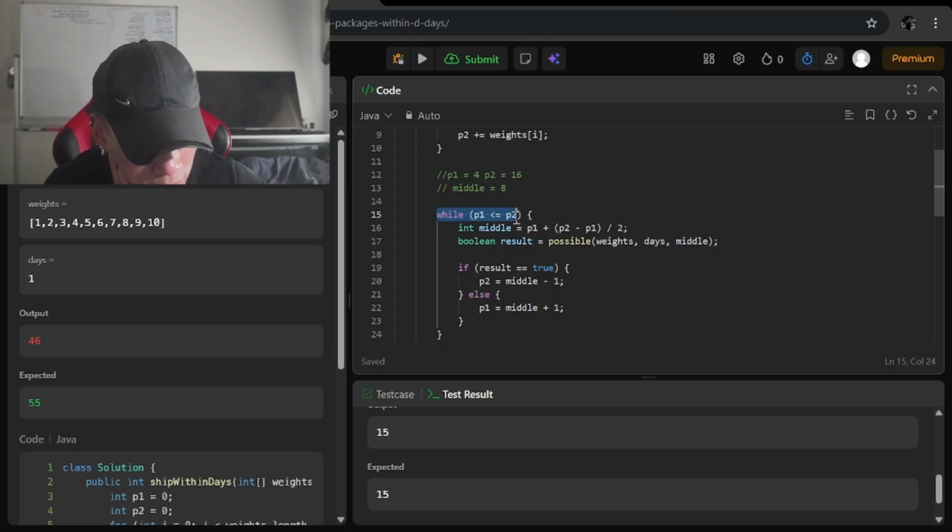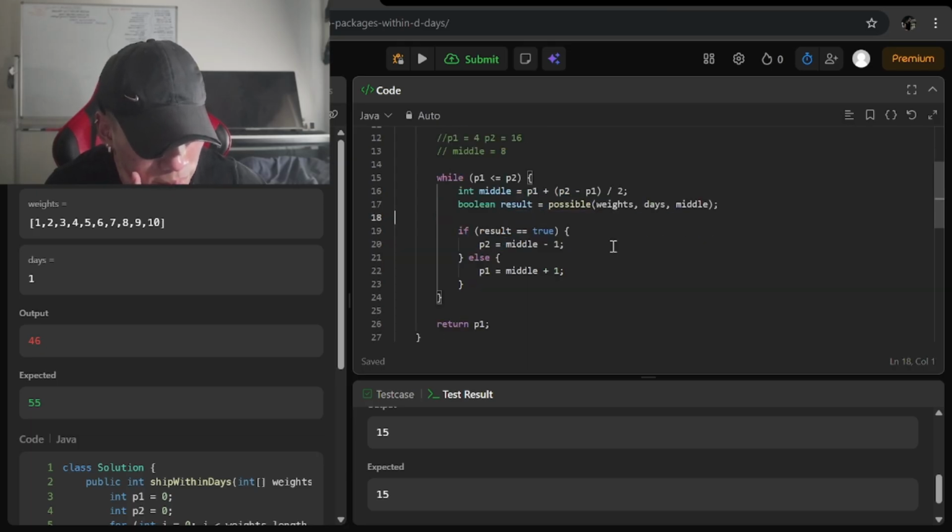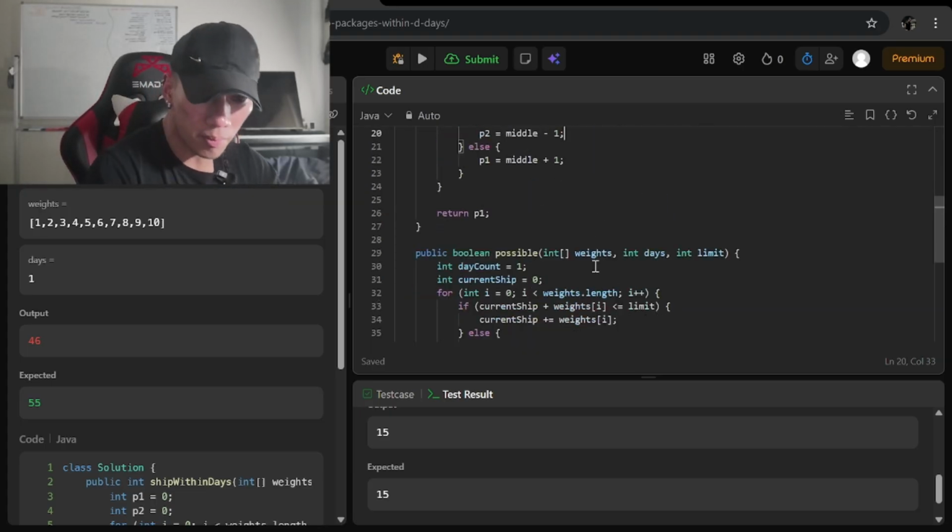While P1 is smaller than P2, calculate middle, get the result, best of the result, P2. So basically, if result is true, then you shouldn't always return true because that's not the minimum. So that's why you decrease pointer 2 until the loop breaks and then return P1.